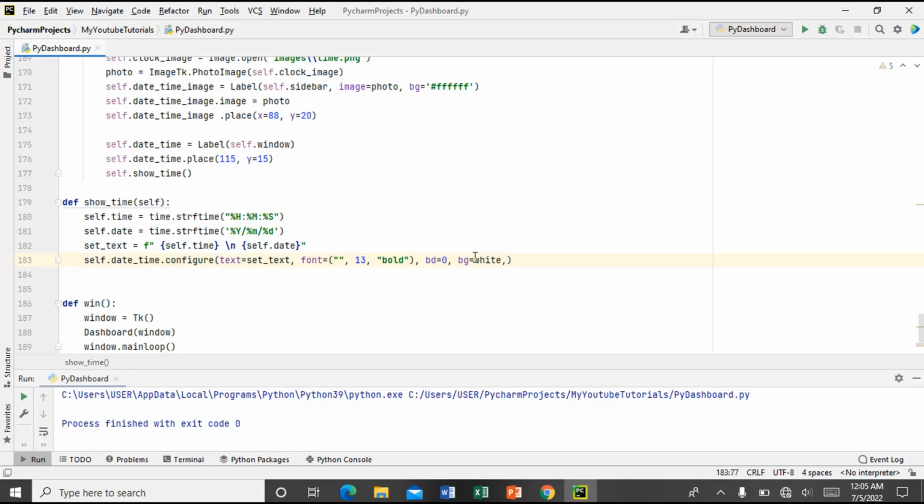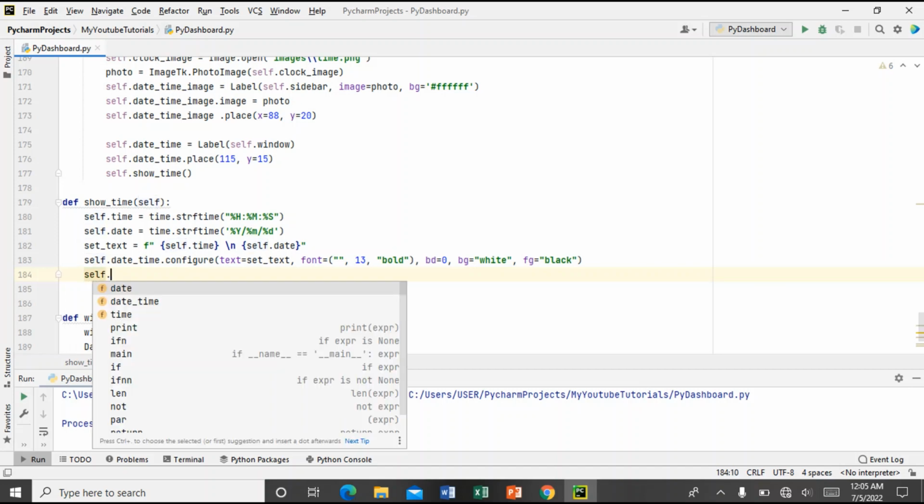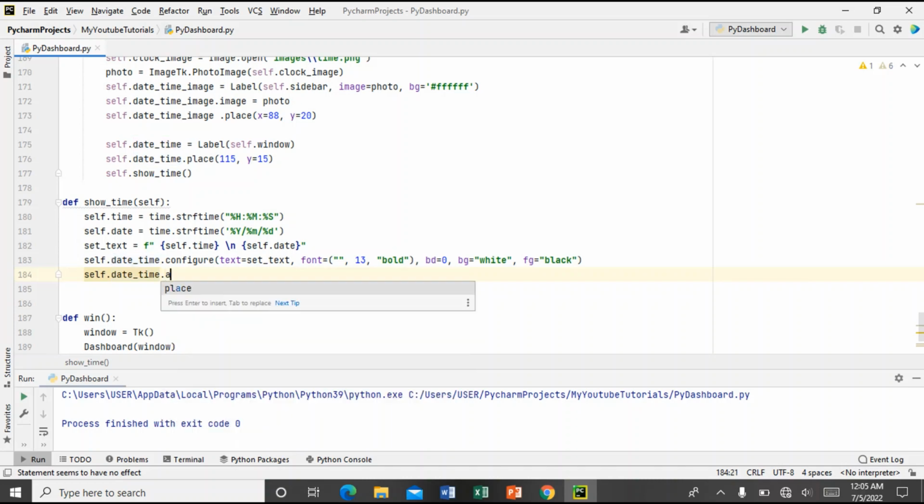So we need double quotes here. Then the foreground should be black. So finally, now let's say self.datetime.after. So this is the count. So after 100,